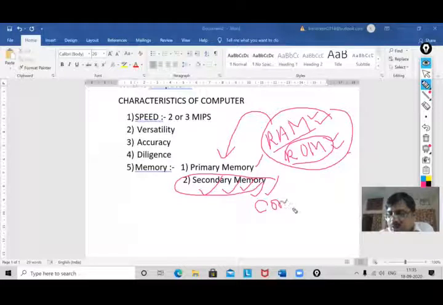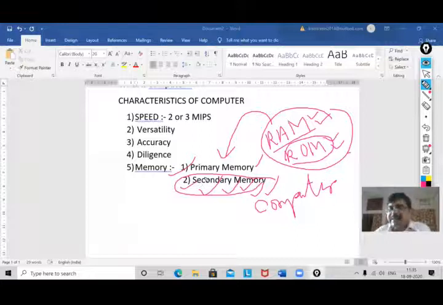But when you get the concept of secondary memory, what comes to your mind? Computer. Why computer? Computer has your primary and secondary. So what is secondary memory? This is also called external memory, or sometimes we say auxiliary memory. Here we store our data permanently, and that data can be retrieved by us anytime. If I save the data, after 5 minutes I can open it. Even after a year also I can open it, but your data must be stored in your secondary memory.